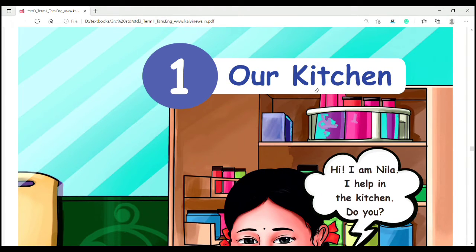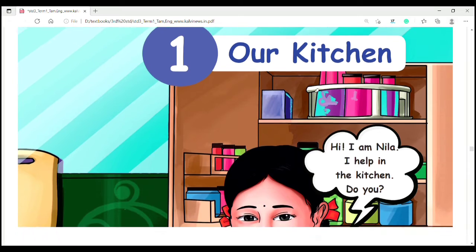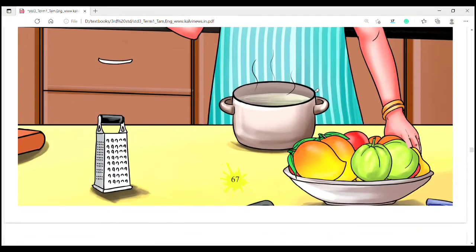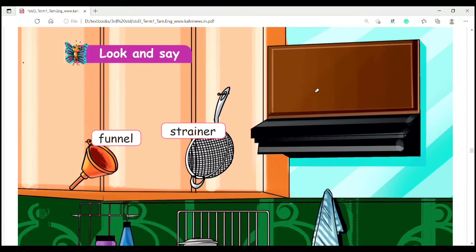Hello, children. Today in English, we are going to see a new lesson that is Unit 1, our kitchen. First, let's see what are the objects in the kitchen and let's learn the names. Just look and say